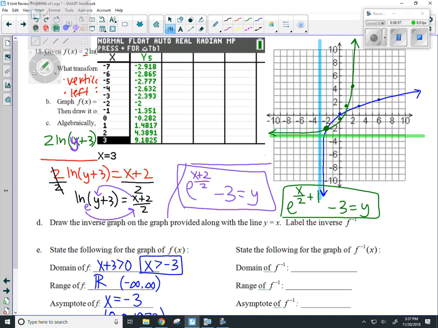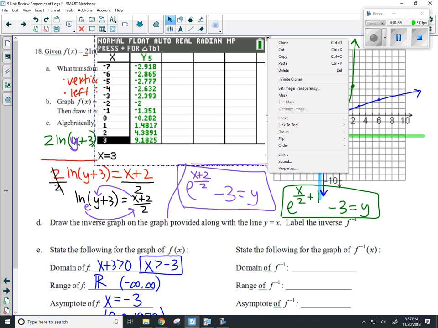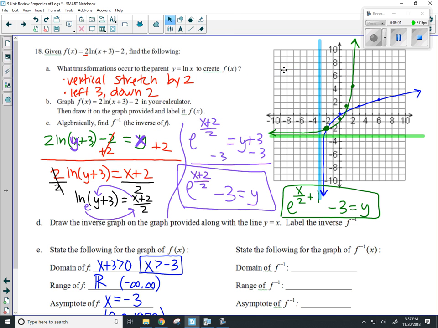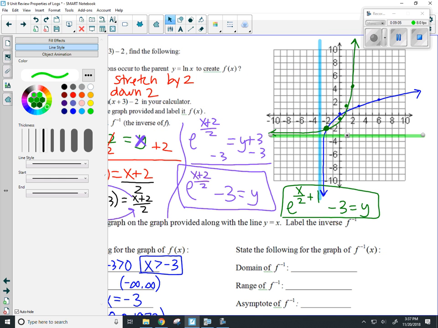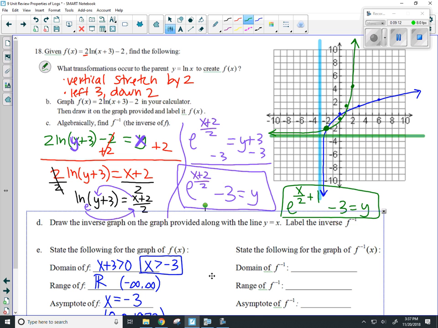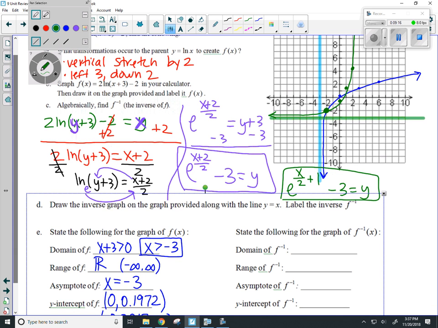Okay. So there's a lot going on in that graph. We'll come back and finish it up here in a second. Change the color of this. Don't want it so fluorescent. That's better. Okay. So if we're looking at this green graph now, and the asymptote that goes with it,